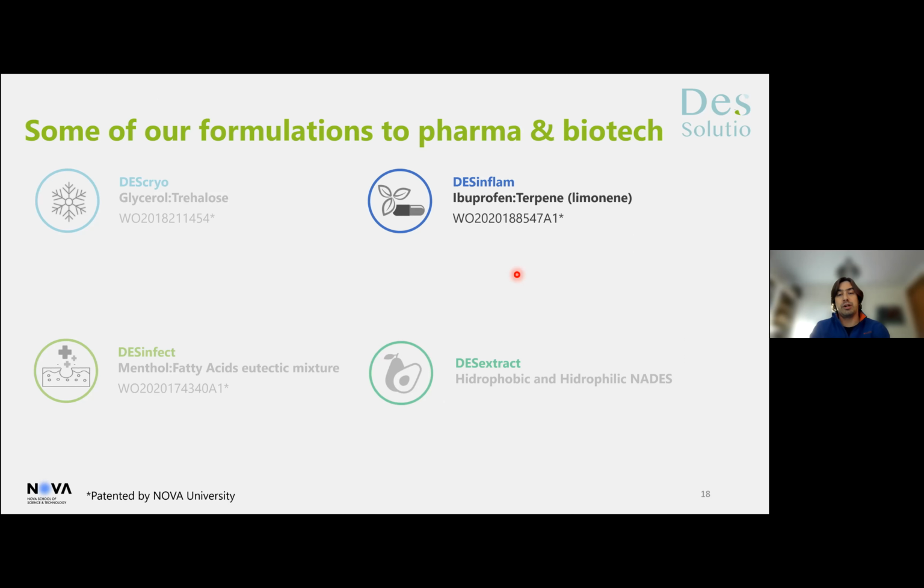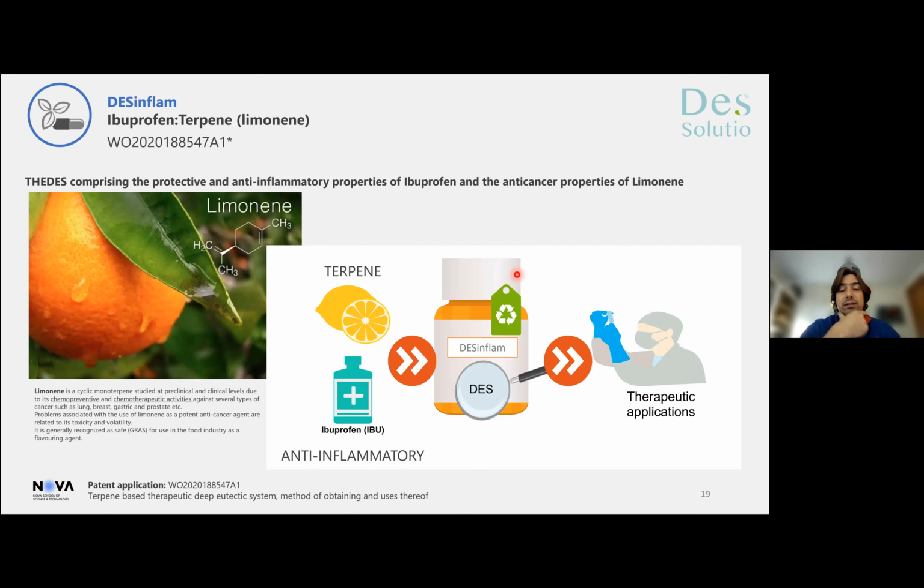Another interesting area where we have been working for a couple of years, and we are developing some products, is also in the biomedical industry. And we started working with eutectic systems and combining compounds, designing the eutectic systems so that one of the components is an active pharmaceutical ingredient, so that the eutectic solvent itself can have therapeutic properties. We call it TDES, that is therapeutic deep eutectic systems, because, well, this is exactly what they do.